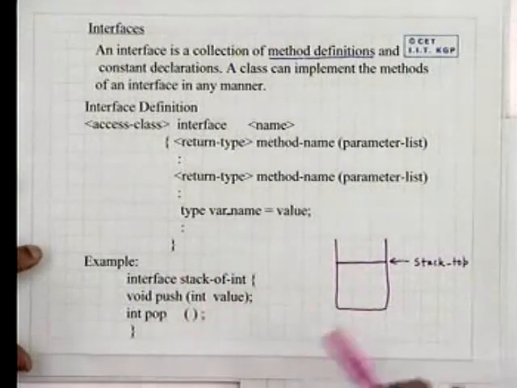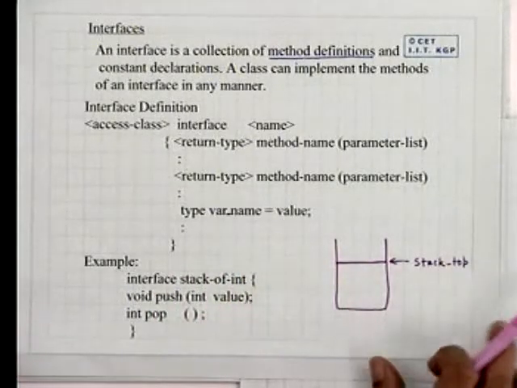So this is what we mean by a definition of an interface. The stack as an object has this interface. An interface says it has only two methods defined on it: you can push into the stack and pop from the stack. I have taken a stack of integers, assuming that only integer values are to be stored, but really this idea can be extended to any data type.